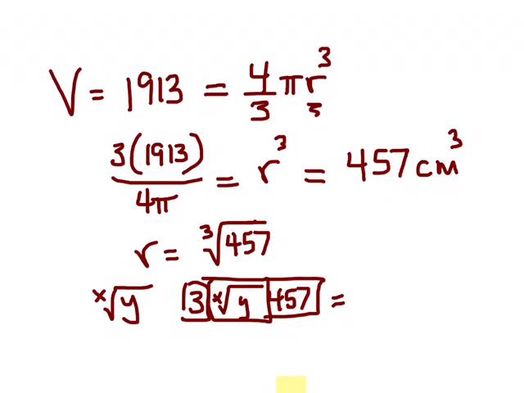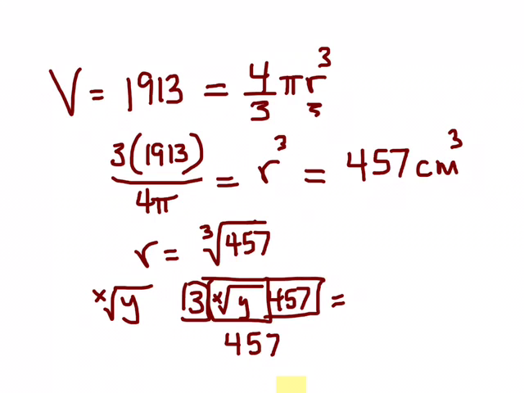Another way to do a cube root, this is a little different, I can explain this better in class perhaps. To take a square root is the same as to raise a number to the power of 0.5, or 1/2. To take a cube root is to raise the number to the power of 1/3, or 0.33333 repeating. To take a fourth root would be to raise a number to the power of 1/4, or 0.25. So if you understand that, then you could say a cube root of 457 is the same as